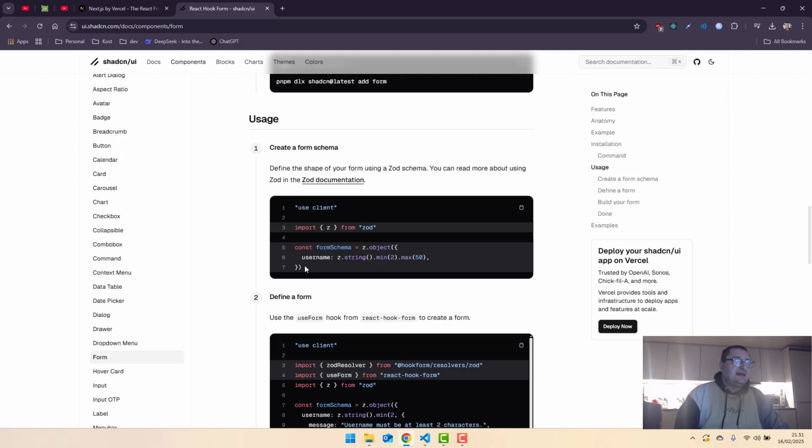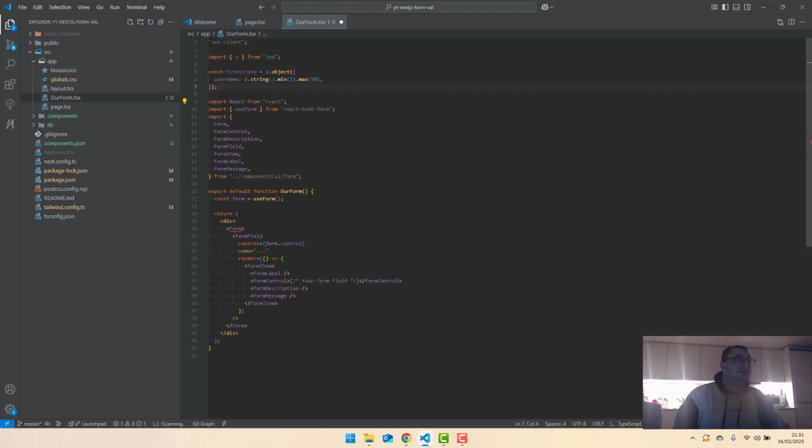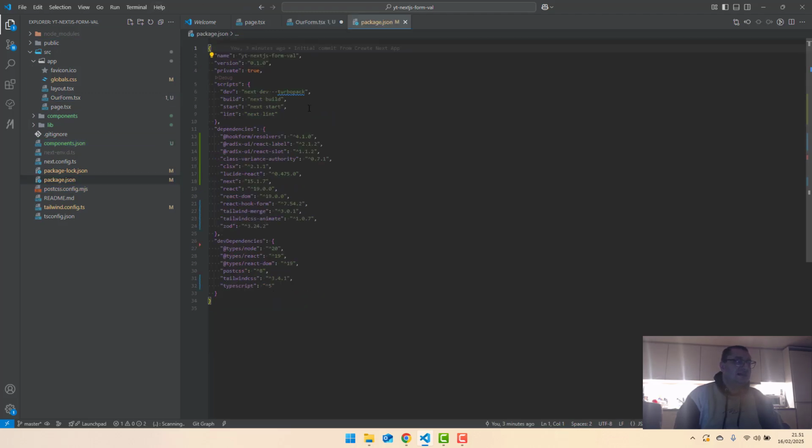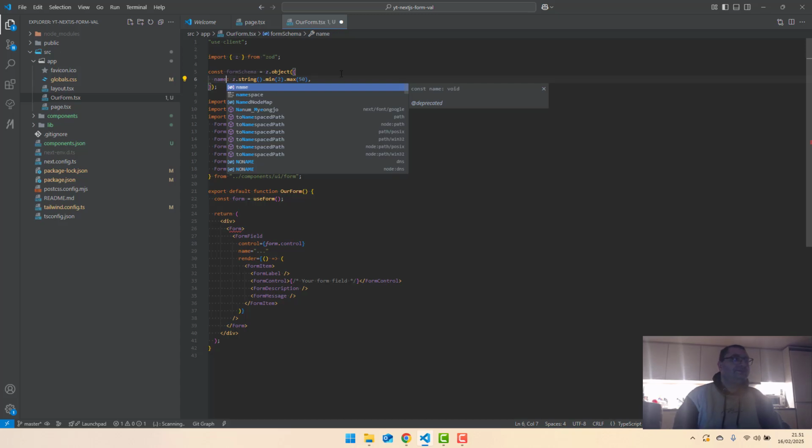and we will need a schema. So basically, let's copy all of this, and at the top we have use client, which will make it a client component, and we will need Zod. I don't think it's installed. Let's see. Yeah, it is. Okay, it's installed. So what we can say here, let's call this name,